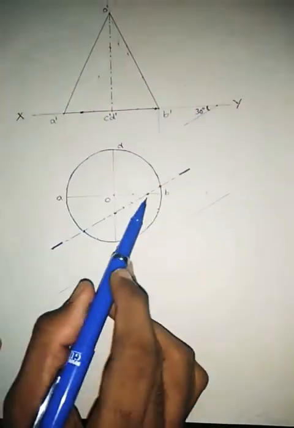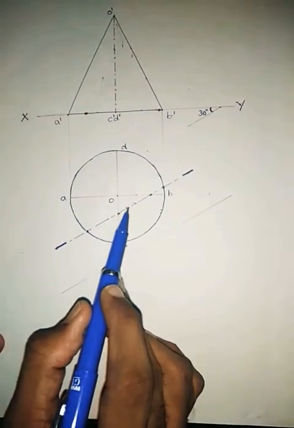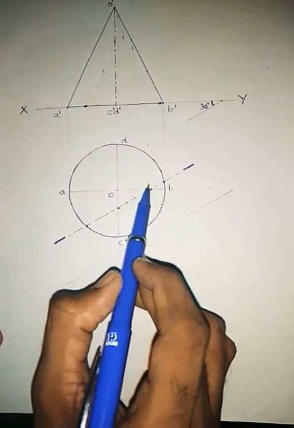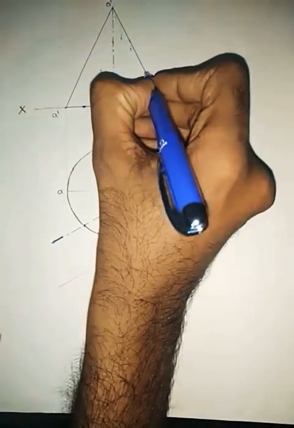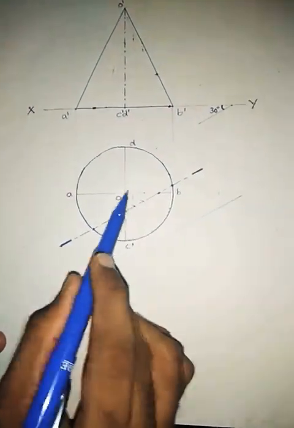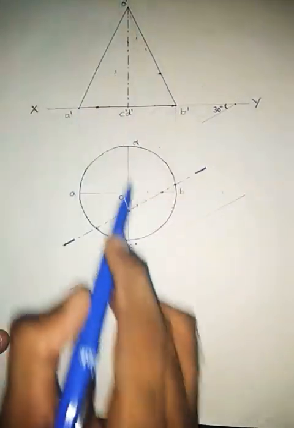Now already we have drawn 2 generators, a horizontal and vertical. We can transfer those points. This point is lying on OB, so project it upwards till O dash B dash. Another point we'll be getting here. And this is OC. OC is a vertical line, so you cannot just project it upwards.